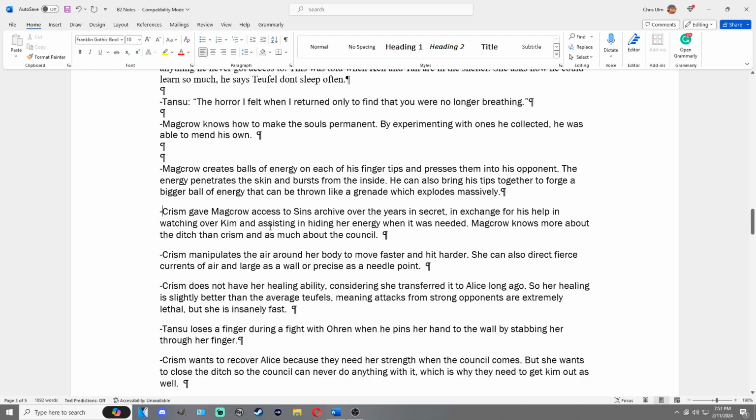Chrism gave Magro access to Sin's archive over the years in secret, in exchange for his help in watching over Kim and assisting in hiding her energy when it was needed. Magro knows more about the ditch than Chrism, and as much about the council. I don't think it might have been explained in book 2, but it was definitely shown and referenced in